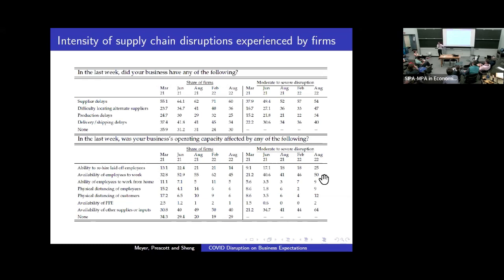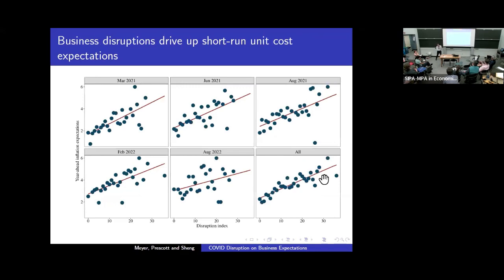We have 11 different categories, like affecting your supply delivery time, affecting production delay, and so on. For each category, there are different choices: no effect, quoted at 0, or severe impact, quoted at 4. In other words, if a firm tells us maximum disruption, we will get a maximum value of 44. Keep that in mind.